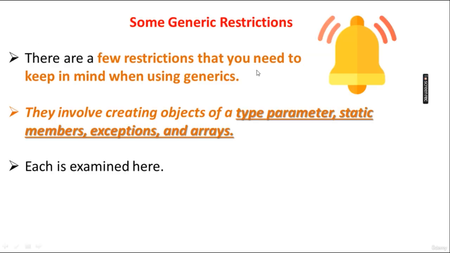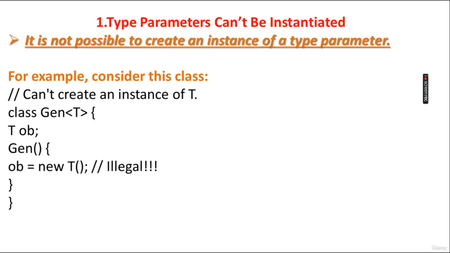Some generic restrictions we will see. There are a few restrictions that you need to keep in mind when using generics. You can write them down. It is very important. They involve creating objects of type parameters, static members, exceptions, and arrays. So restrictions on all these we will see one by one. First of all, type parameters that we pass cannot be instantiated. It is not possible to create an instance of a type parameter you are passing, like